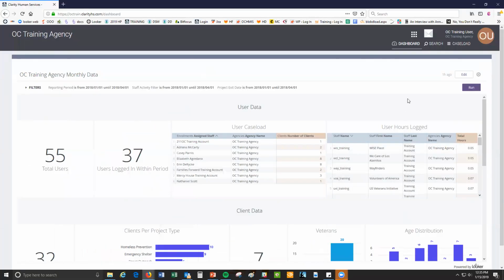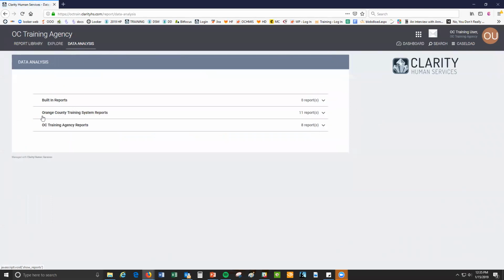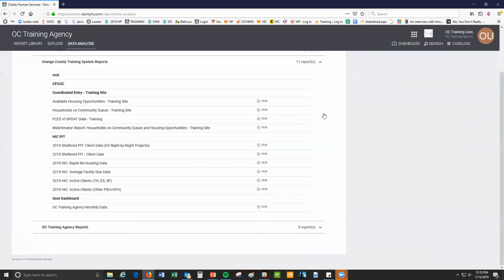So after logging into HMIS, you will click on the Launchpad icon and then click on the Reports main page. You will click on the Data Analysis tab. And then all of the reports for the HIC and PIT are located under the Orange County Training Systems header. So click the header, click the caret next to that header, and you will see the HIC and PIT section